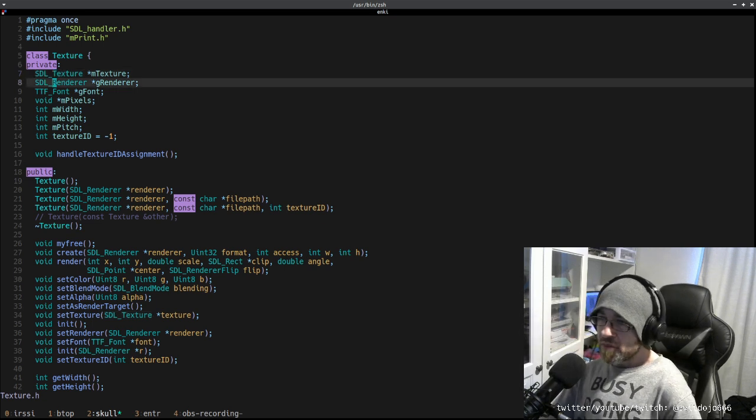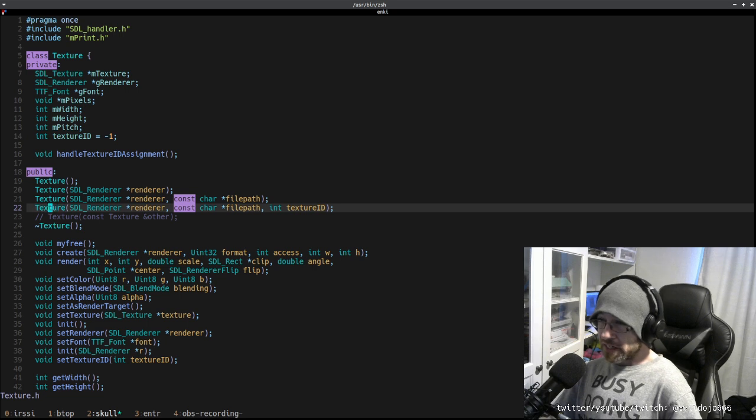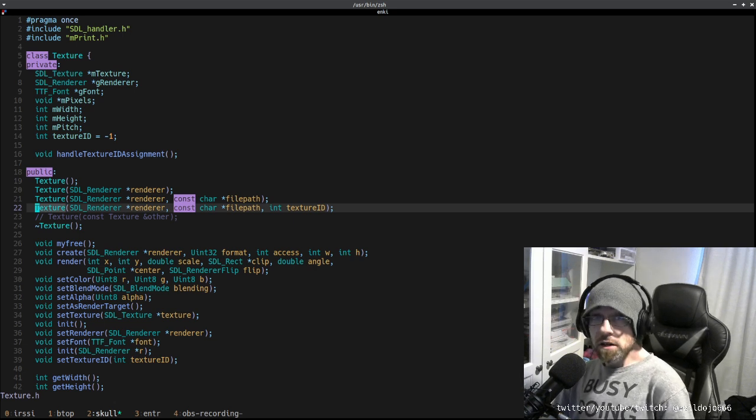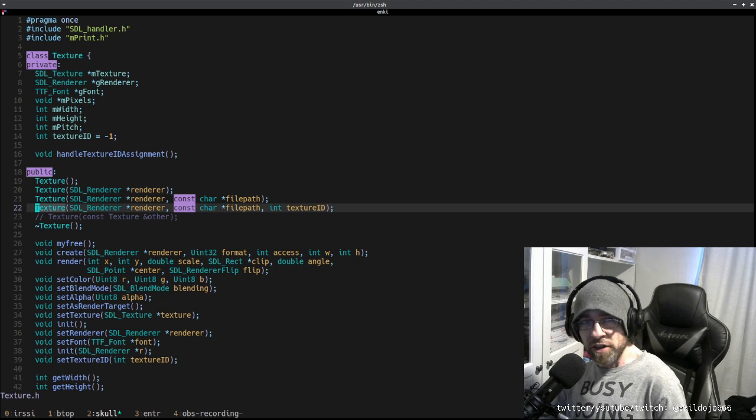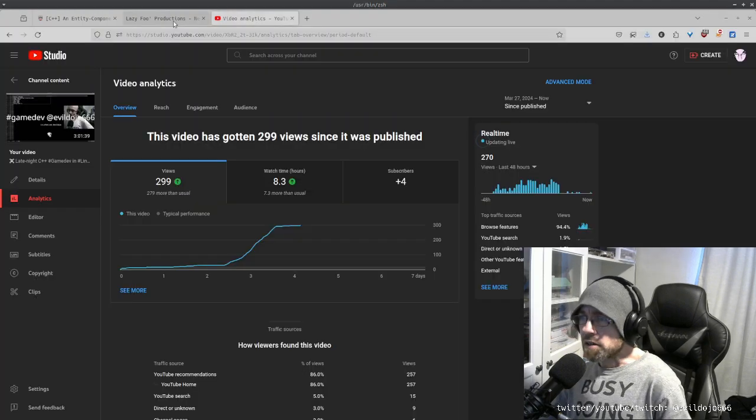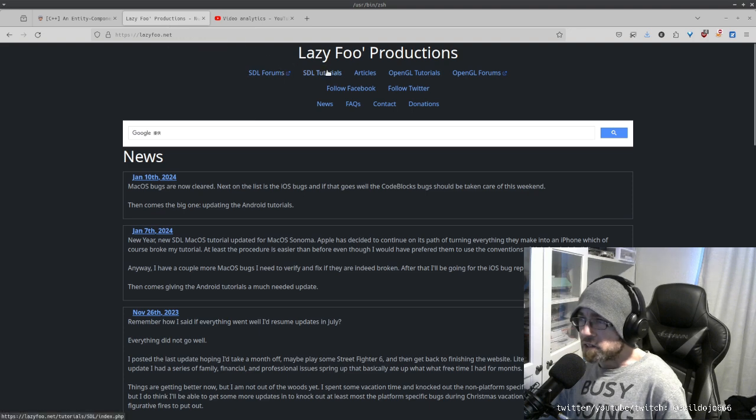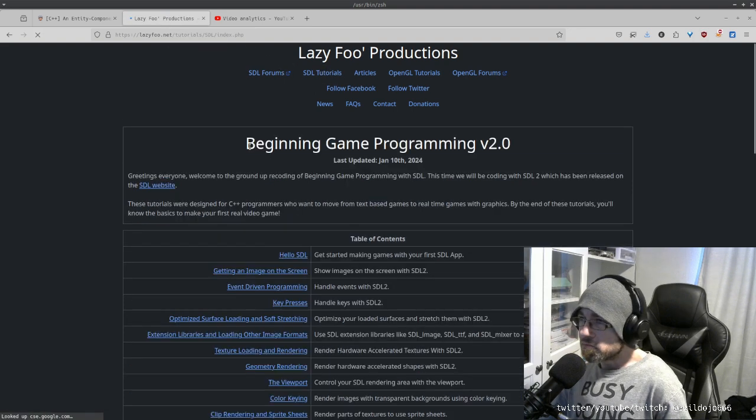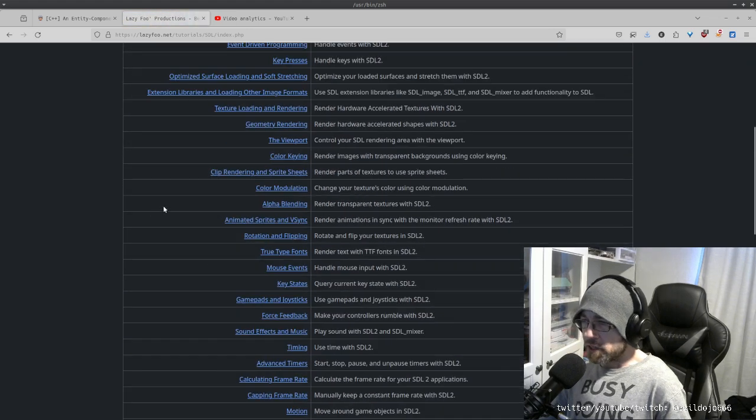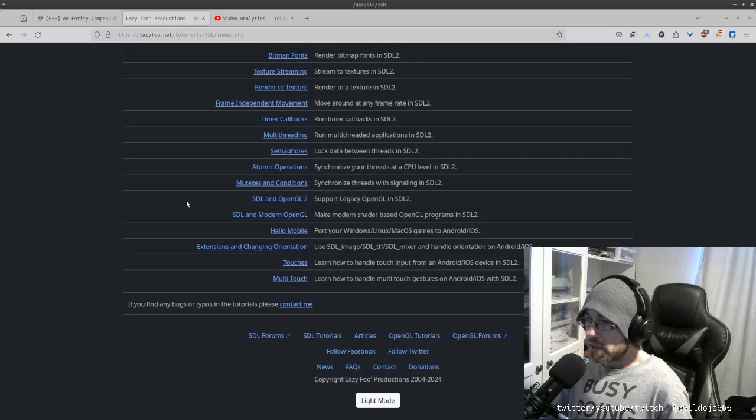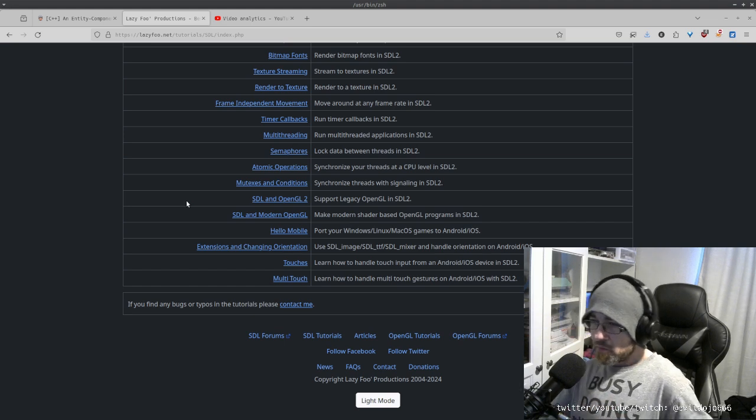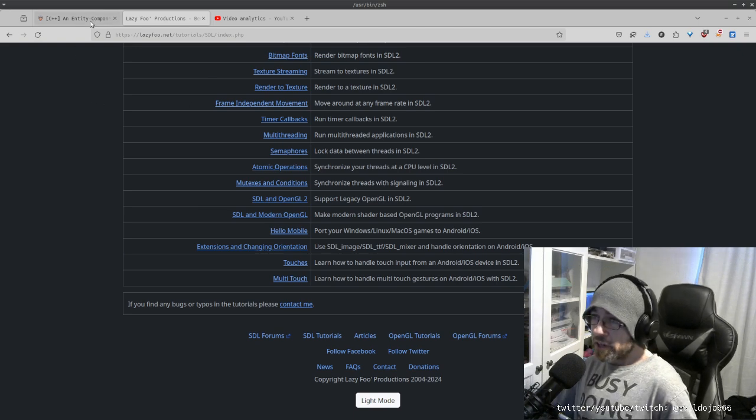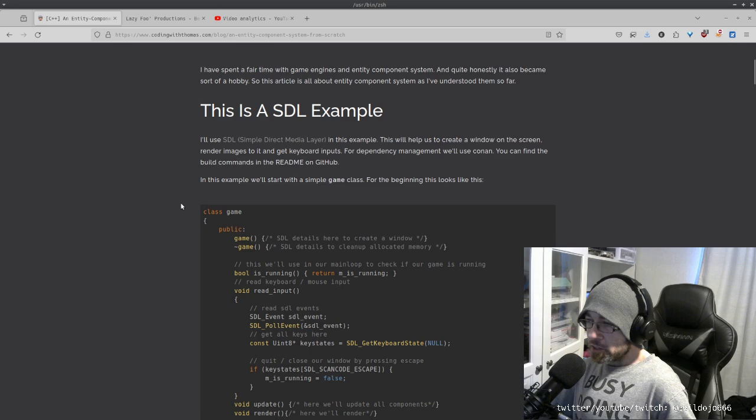The problem is loading the texture actually ends up being... this class actually takes care of a lot for us. And I initially pulled it from this dude, LazyFoo. He's got this big list of tutorials, and I kind of went through and followed a good chunk of it, kind of to get my initial understanding of SDL. But then I've been looking at entity component systems, and I found this really good blog post with